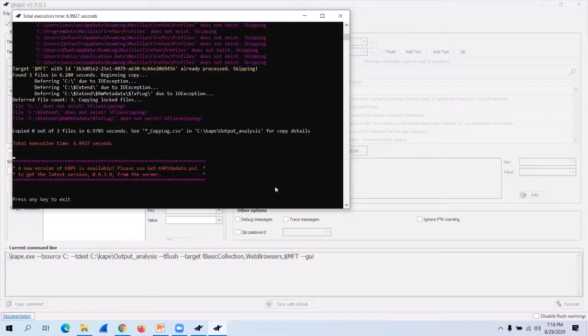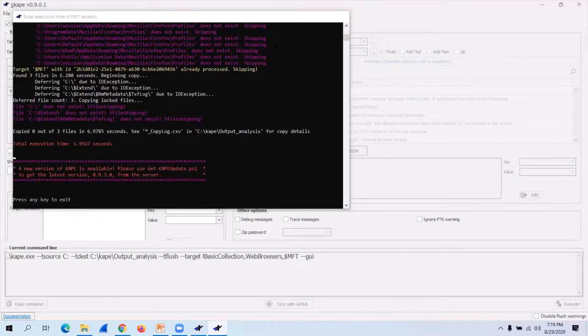How much time did it take to collect everything from my system? 6.9 seconds. Have you ever seen this kind of speed or processing? Even if you write your own bash script. I wrote a bash script for this activity 2 years back, and we were utilizing it for incident response activity on some clients. It used to take almost 10 to 15 minutes, and the same amount of data is being gathered, compressed, and just see the time.